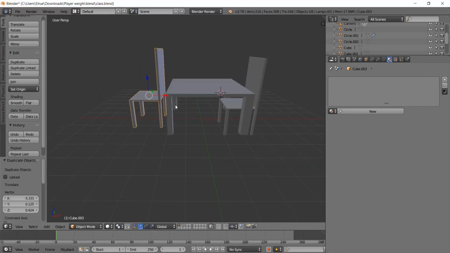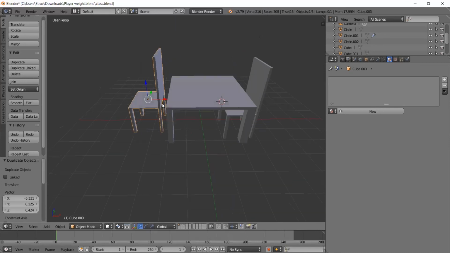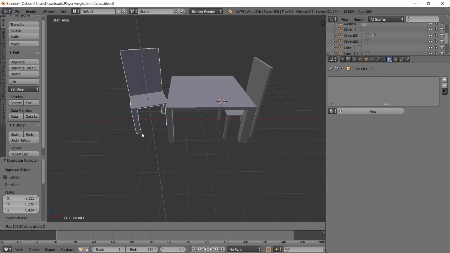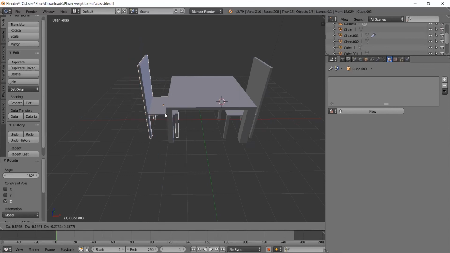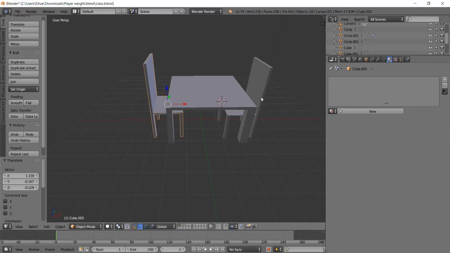Okay, now we are going to rotate it to a specific axis so that the face will turn and face the other chair here. So I'll select rotate. Then on the Z axis, to turn the chair around like this. Okay, now G to grab it, then push it under. So right now we are done with the table and the chair here. Okay, so E to extrude, S to scale, E to extrude, S